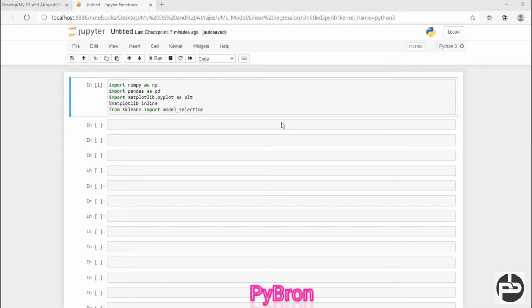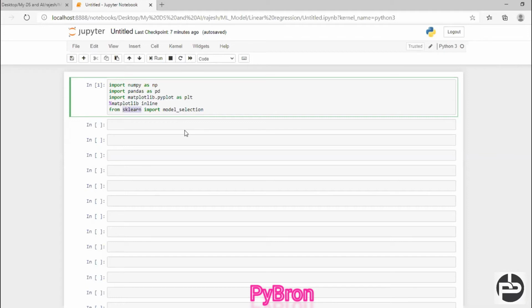So this is the one prerequisite I would like to highlight here. Then what I'm going to do here, guys, is import the Boston housing data set, which is already available in sklearn. So if it is available inside your library, well and fine.